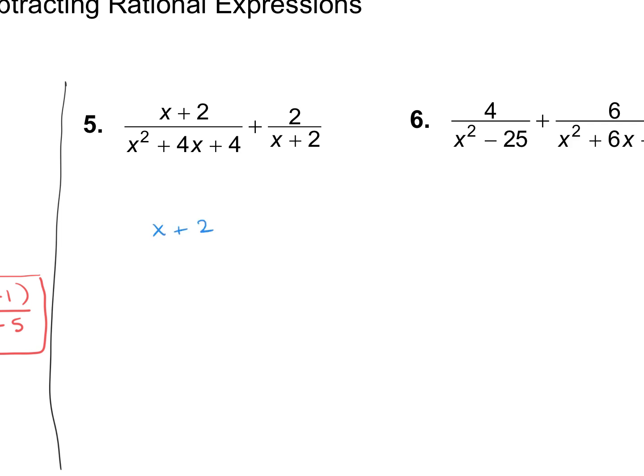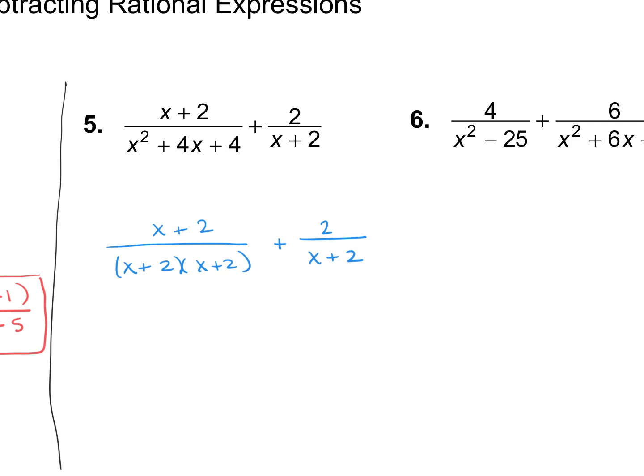So this x plus 2 numerator doesn't change. I'm not worried about the numerators yet, but the denominators: x squared plus 4x plus 4 factors into factors of 4 that add up to 4, which is a 2 and a 2. So x plus 2 times x plus 2, plus 2 over x plus 2. All right, well, first of all,